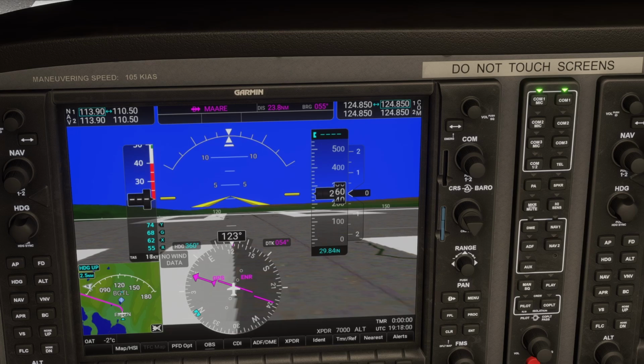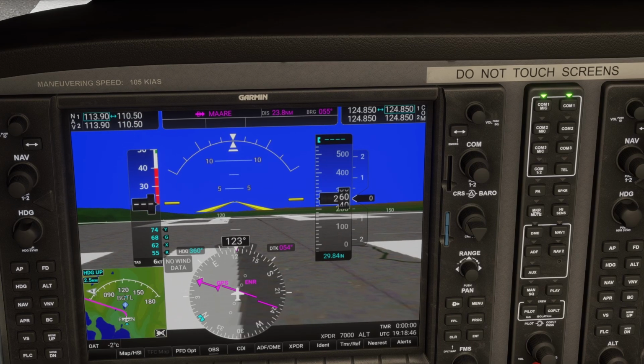So what does this information mean, right? If we start again with the aircraft heading, the current heading for the aircraft is 123 degrees. It's on the HSI, and you can also see it on the external HUD if you enable the external HUD, and that's the magnetic bearing. Now the absolute bearing can be found in the magenta text in the top right status bar, and by the single line magenta needle on the HSI. The absolute bearing to the station Mare in this case is 55